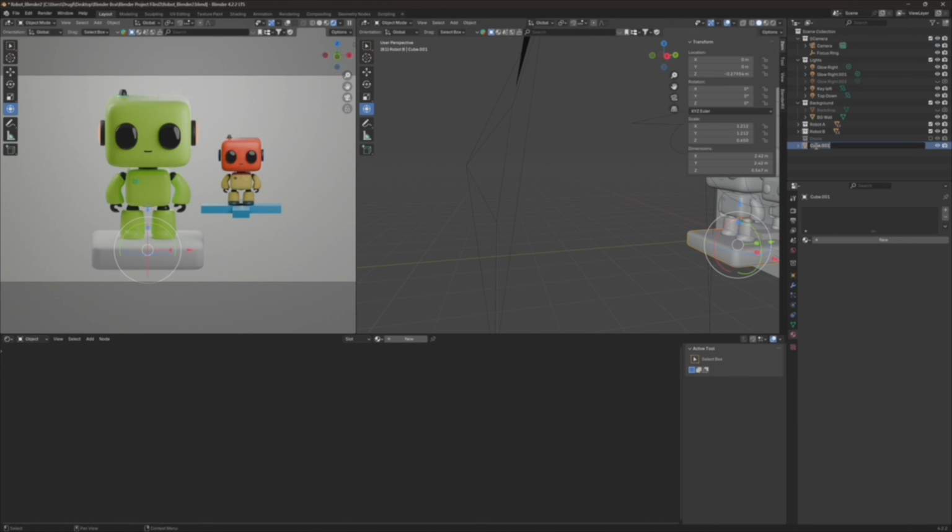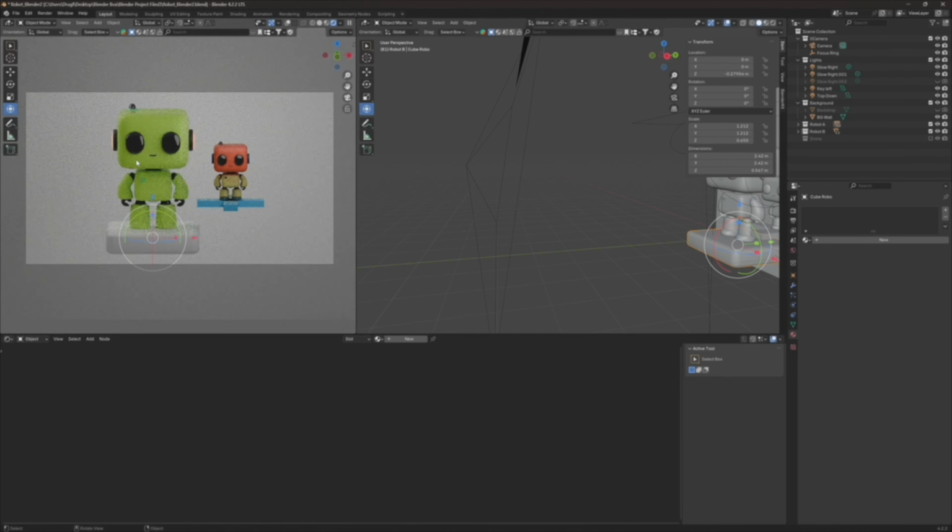So this is Cube Robo. I'm going to put this in Robot A. What color do we want this? Let's do some,